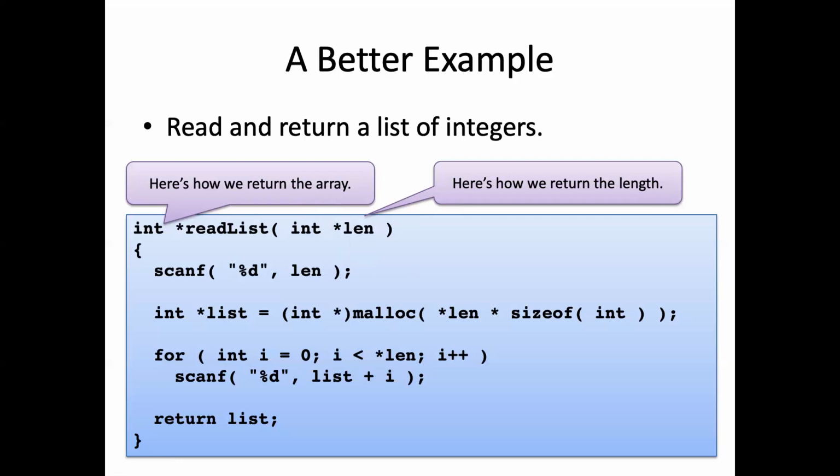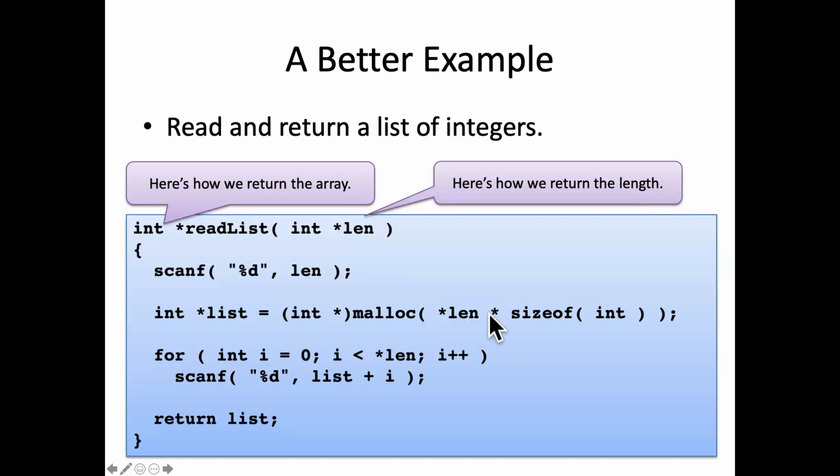The reason I put the ampersand in front of it in the first place is to get the address of an int. But if the caller did the right job giving me the address of wherever they want the length stored, it's already the address of an int. I can just call scanf and give it a copy of that. So if the scanf is successful, now I know how many values I want to store. I go to malloc and say, however big an int is, I want len times that many values. So if the user just said, I'm going to give you 20 input integers, I'm going to allocate space for